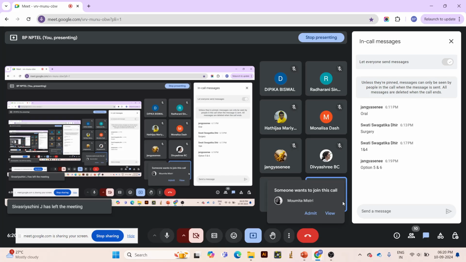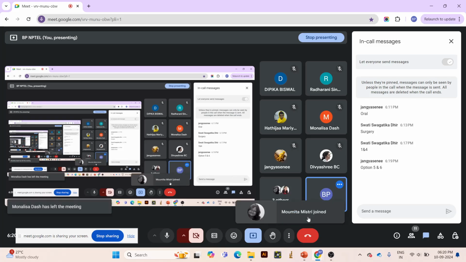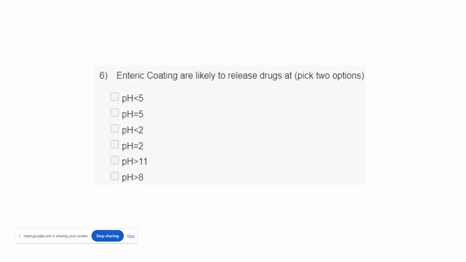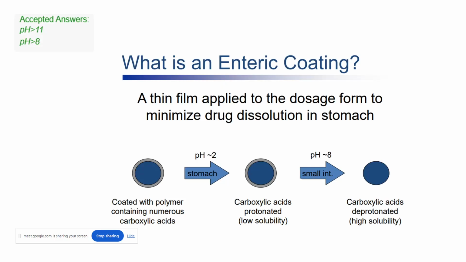Option 5 and 6. Okay. Most of you are correct. It would be option 5 and 6, pH 8 and pH 11. So